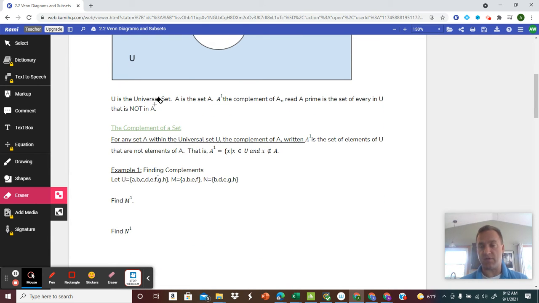So U is a universal set, which has everything. A is a set A. A prime, which is the complement of A, and it's read A prime, is a set of everything in U that is not in A. So the complement of a set,